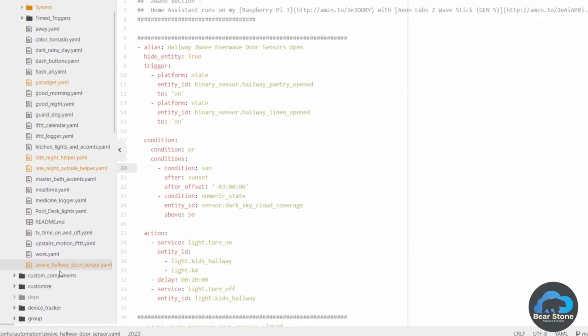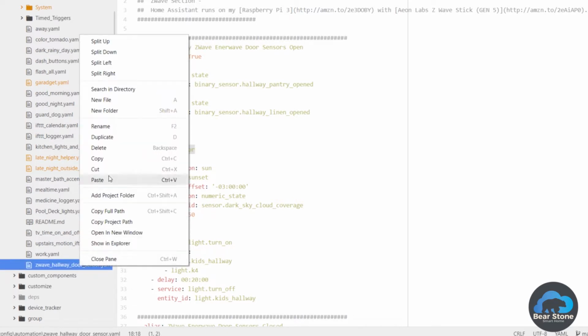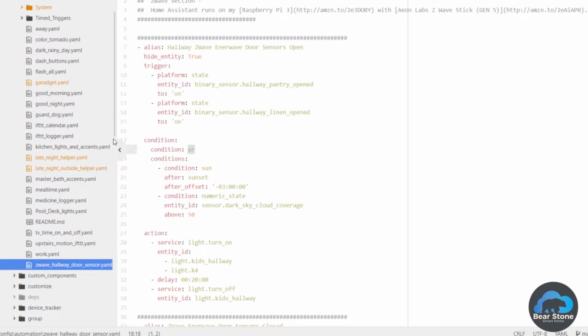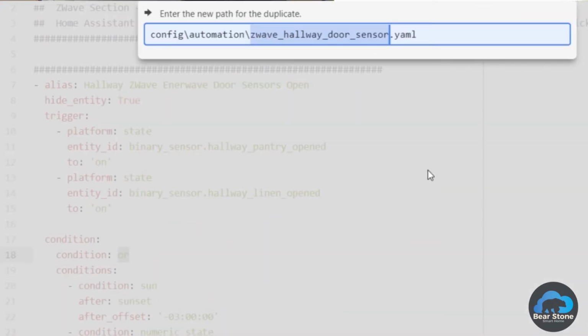Okay, so now that we've added the light to Home Assistant, we can see it. Let's add it to an automation. So we are going to go to Atom, which is my favorite editor. We can see our project. So I think for this one, I'm going to create a new one, but I'm going to leverage my Z-Wave hall door sensor. So I'm going to right click and click duplicate. And we're going to call this one Garage